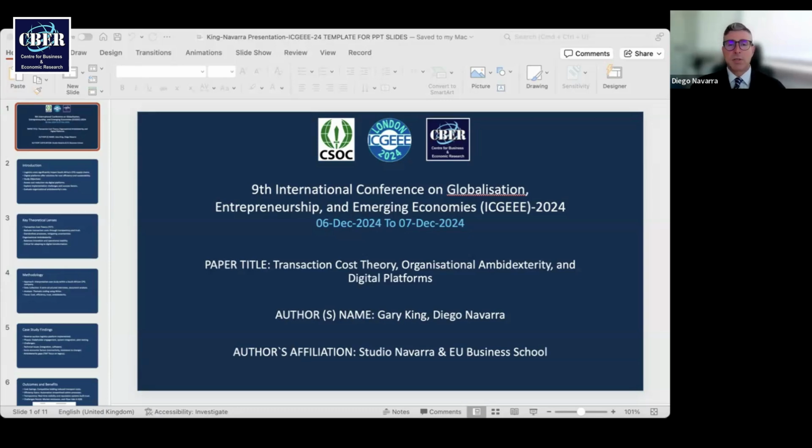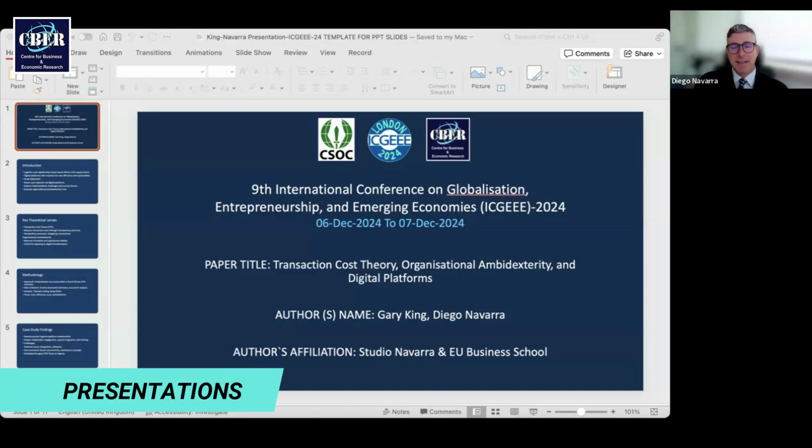So we're looking at an article on transaction cost theory and organizational ambidexterity in connection with a platform that was experimented with in the context of a developing country, where the aspect of logistics can already represent a substantial cost, especially as we move into the e-tailer domain, which is now well established, but this has increased